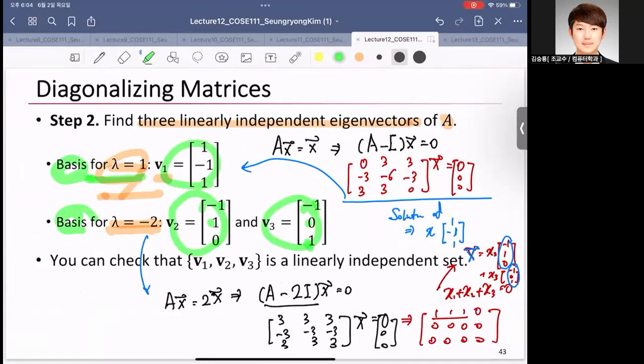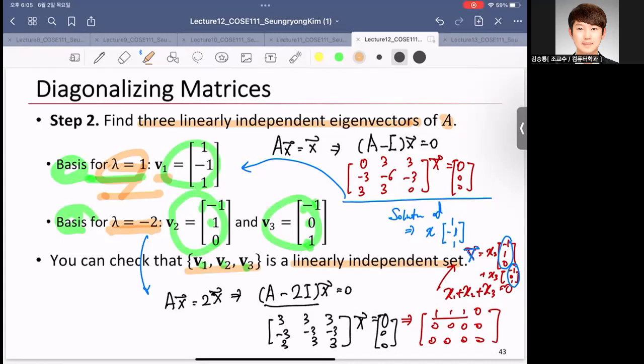Then your set of the eigenvectors, v1, v2, v3, is 1, negative 1, 1, then negative 1, 1, 0, then negative 1, 0, 1. So now we have our eigenvalues and eigenvectors. You have to check that v1, v2, v3 is a linearly independent set, because it should be linearly independent to make a